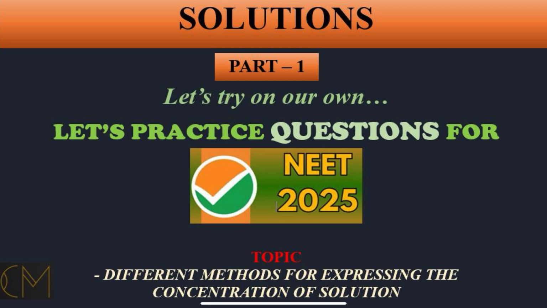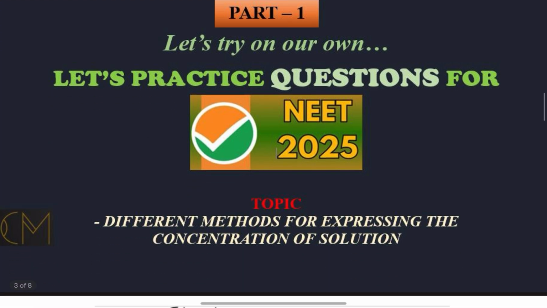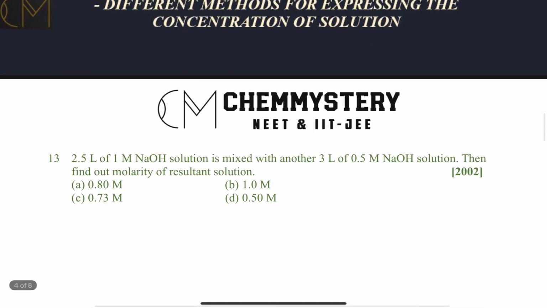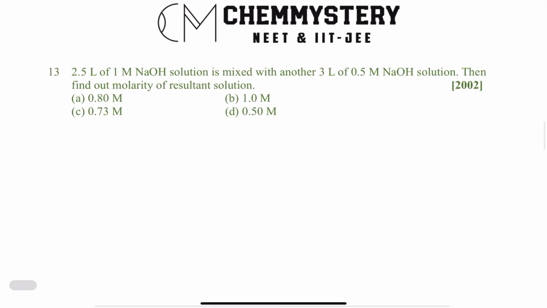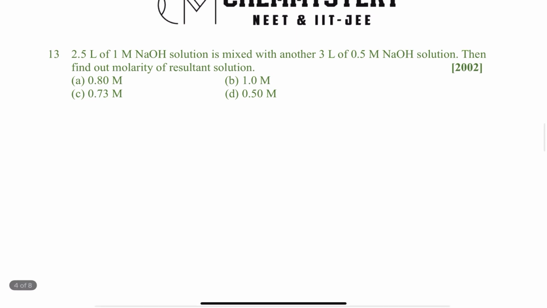This is part 1 of the solution, in which we have seen yesterday the let's try on our own section. 5 questions were given to you that you were asked to try, and let's discuss those 5 questions today. I hope you have tried on your own. Let's see the questions, what they are saying. Fine. The first one,